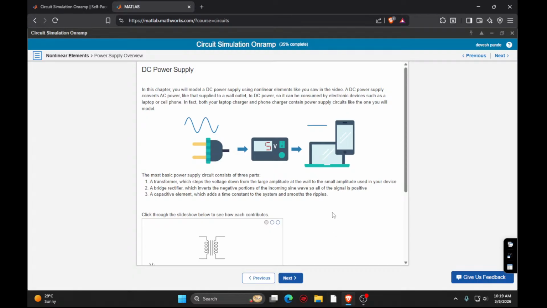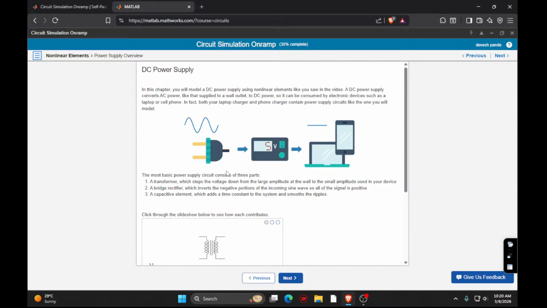Okay, so let's start with power supply. Basically, a power supply is nothing but the combination of rectifiers, filters, and regulators. The AC cycle consists of a negative and positive half cycle. Then a bridge rectifier converts that into a pulsating DC. Then a filter converts that pulsating DC into the